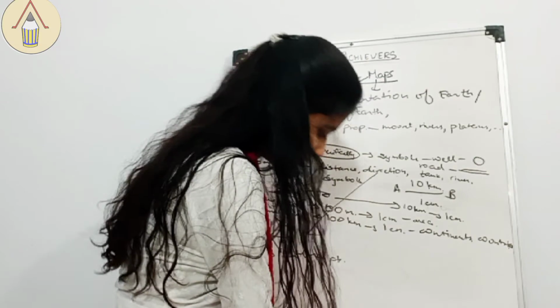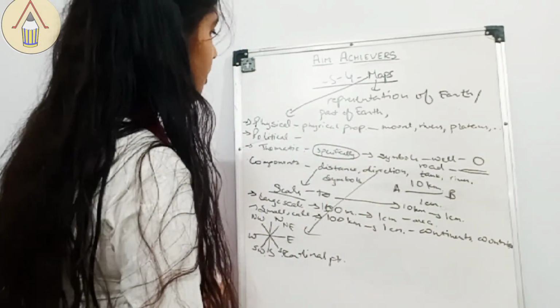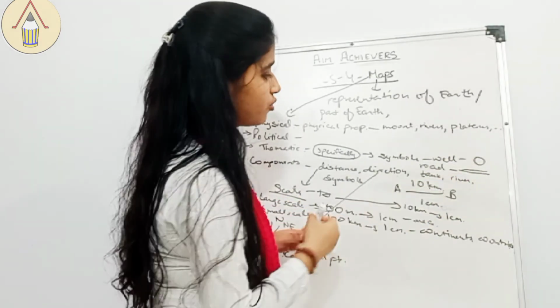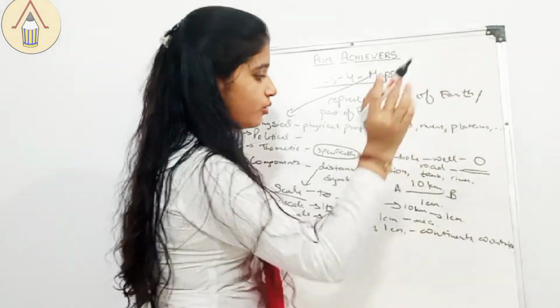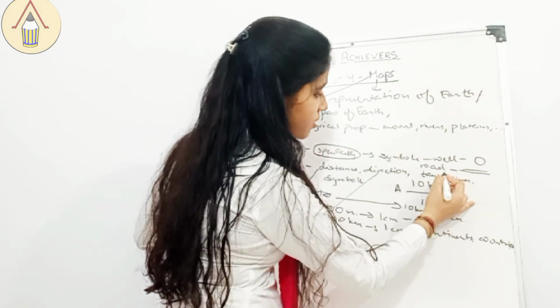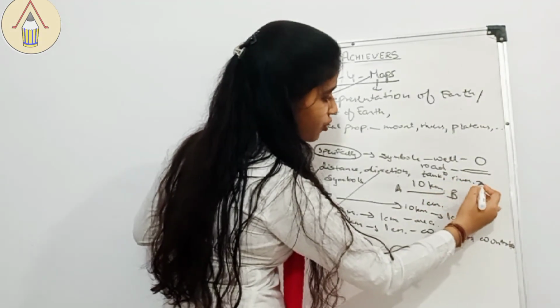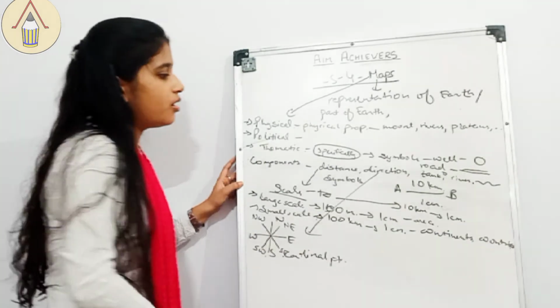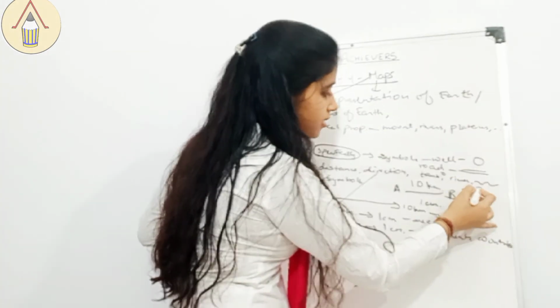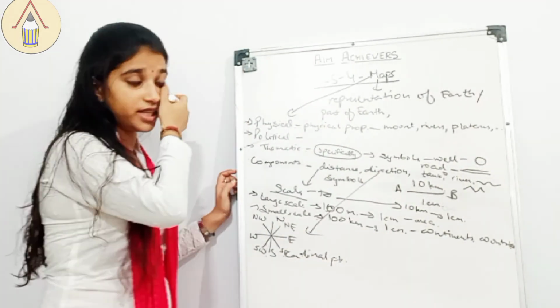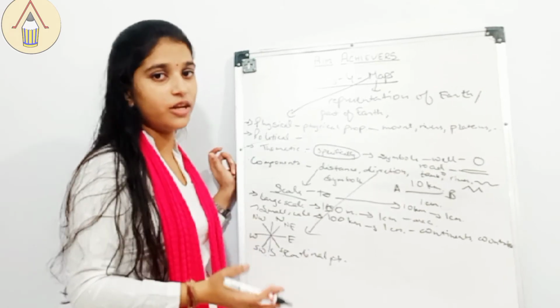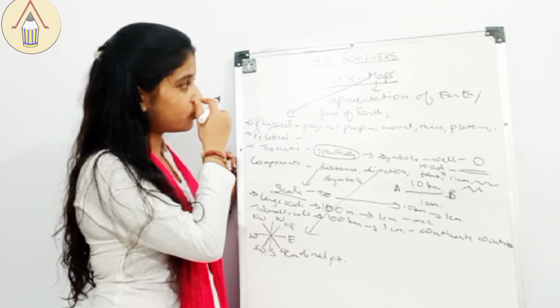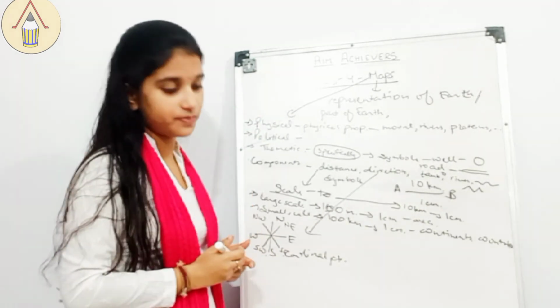Next, our topic comes to symbols. Already we have learned that wells are shown by this, a road is simply two lines, a tank we can show by a small dot, a river can be shown like this or by a blue line. Okay, colors are also used. Mountains can be shown like this. So these certain symbols are also helpful and are also components of a map.